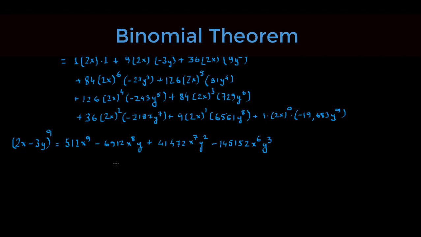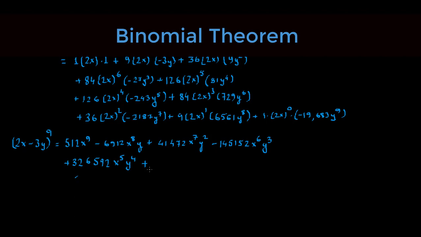Then we have plus 126 times 2 raised to the power of 5 times 81. So this is 326,592 x raised to the power 5 y raised to the power 4 plus